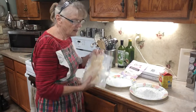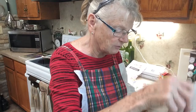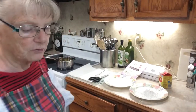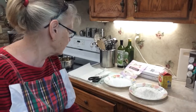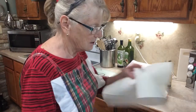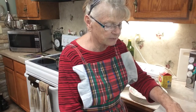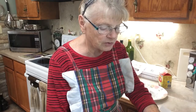And what I do, I like to rinse it. So I'm going to pour it in this thing and rinse it off. I like it rinsed before I use it. So anyway, I'm going to rinse this off good. Then I'm going to take it over here to a paper towel and kind of dry it off. This is what I'm doing now. I'm going to kind of dry it off on this paper towel, because I like the moisture out of